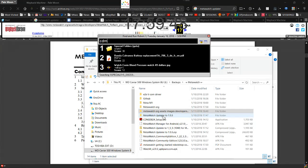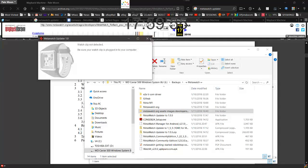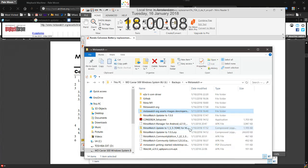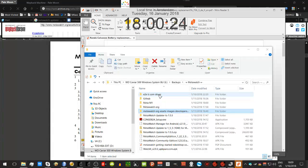Ooh, I clicked on the wrong button. Replugging the watch, perhaps. So the quick drives are installed. I have installed other firmware, and I have used this from E2E TI.com